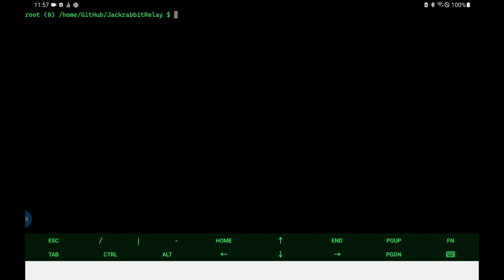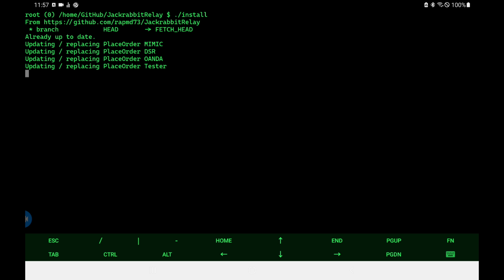Now that we are in the VPS, you need to be in your home GitHub Jackrabbit Relay folder. It is important, as I said, that you have Relay already installed before you try to configure Mimic. So let's actually go through the process now of getting the latest updates. You must make sure you have the latest version. So we're going to let this run through,